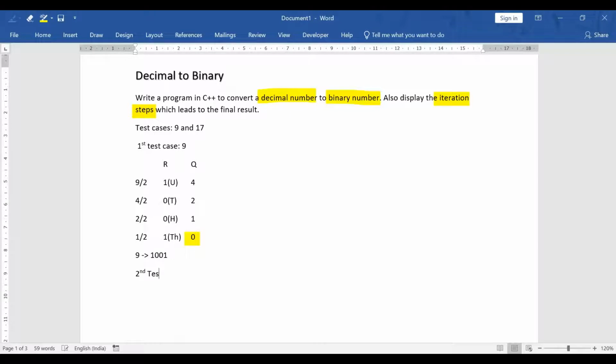Second test case, which is 17. Okay, so we'll be making two columns R and Q. So 17 by 2, the remainder is 1 and the quotient is 8. Now we divide the intermediate quotient to get the remainder and the quotient.